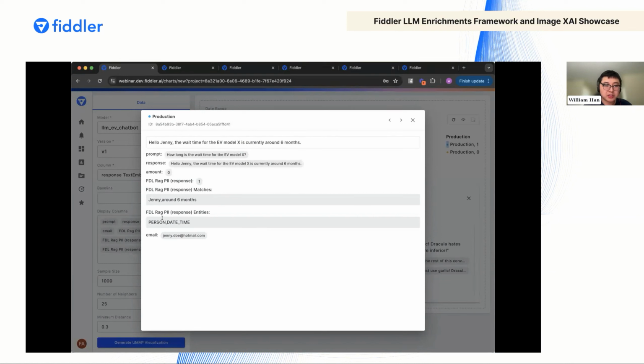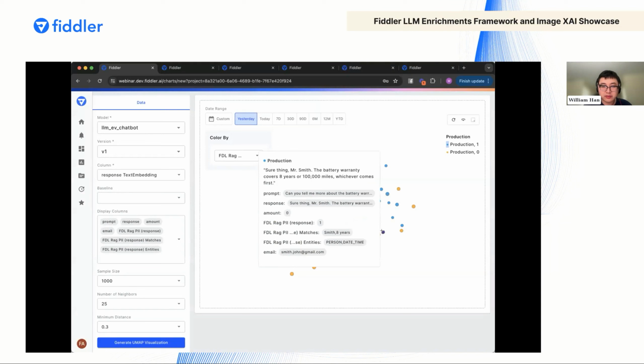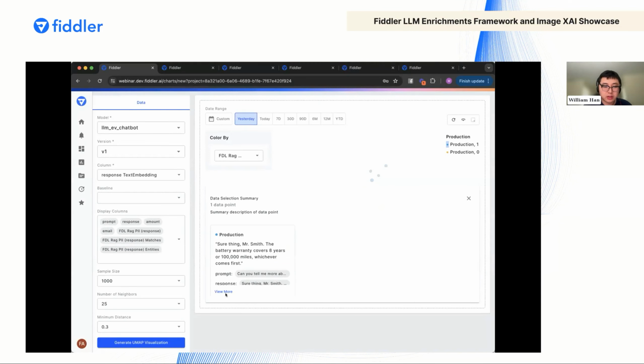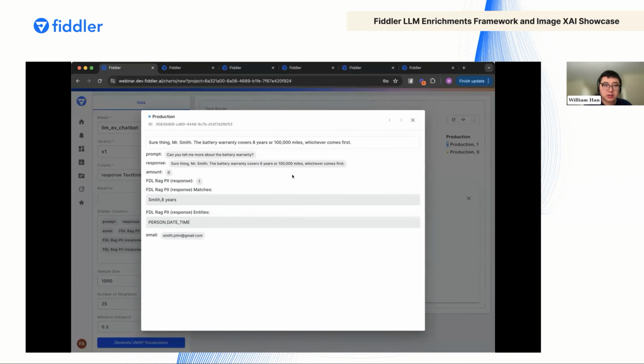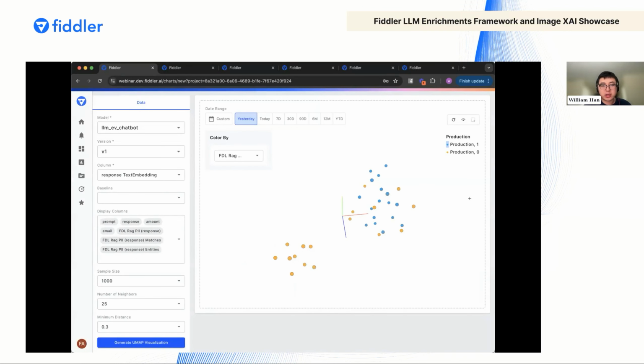So the person was flagged as having PII. And you can see our PII detector flagging a couple of different scenarios here, right? So this one, it flagged Mr. Smith. So what you can do with this is similarly use Slice and Explain, or just show this UMAP visualization,